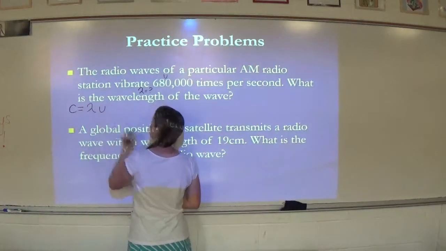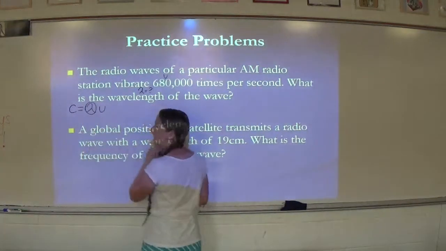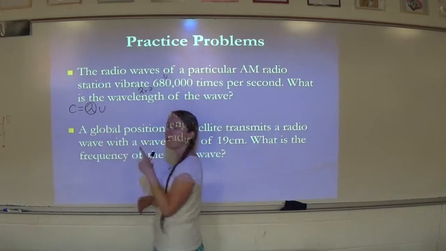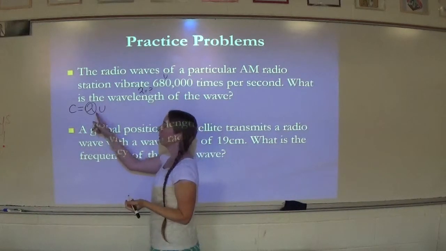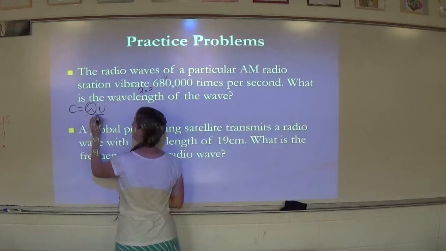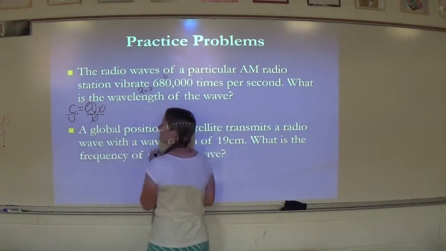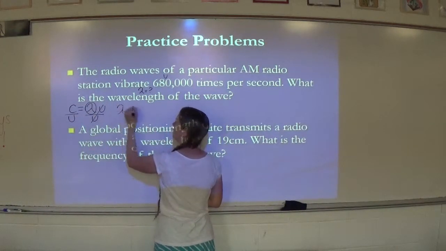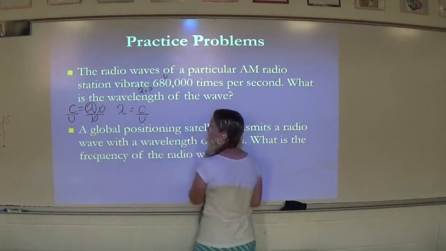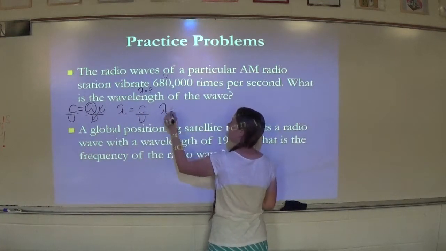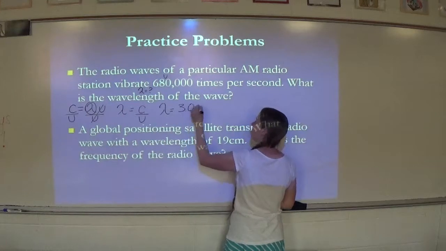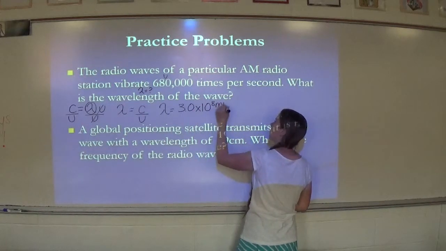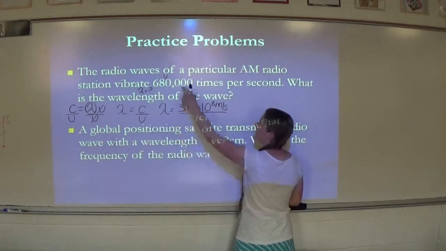So C is lambda times nu. I'm looking for lambda or wavelength, so how do I get nu on the other side? Well, remember, do the opposite. Right now we're multiplying. The opposite of multiplying is dividing. So I divide it to the other side. So lambda is C divided by nu. Once I know that, I can just plug in. So C is 3.0 times 10 to the 8 meters per second. And my nu is